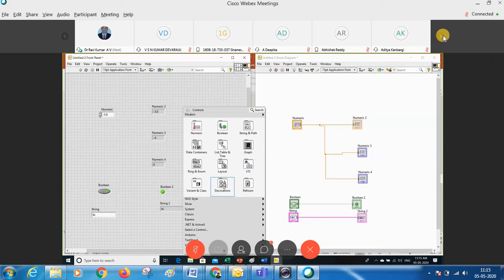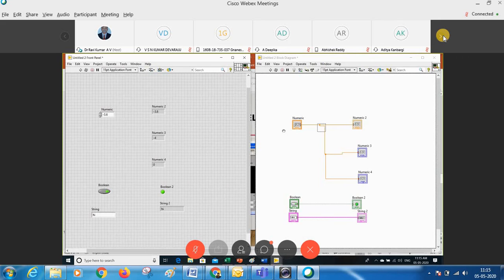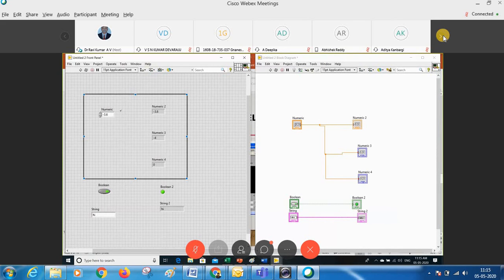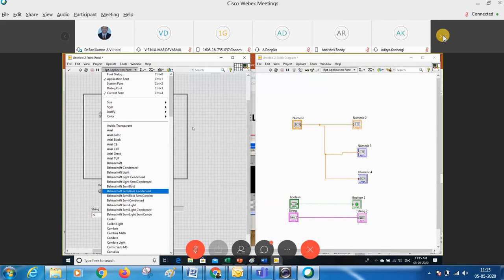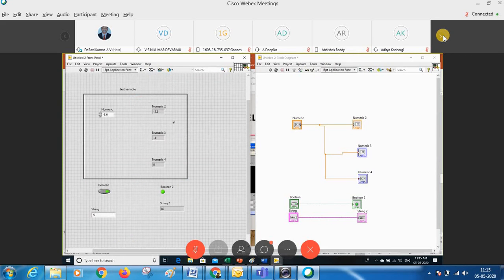Okay. With this, we have many decoration ways to design. Let me take this frame. I can take this. Okay. I can give some text here. So just, test variable. I have given this test variable. So if I want to change the font, coloring, anything you want to make it reliable to the user, we can design it here on your front panel. Okay. So this is where all the functions are available in the front panel.